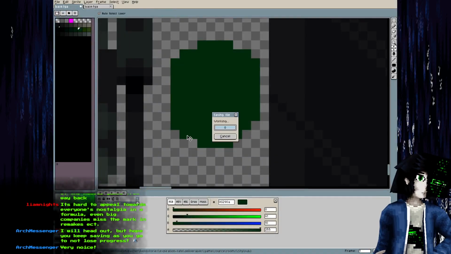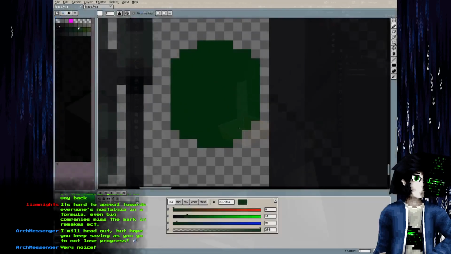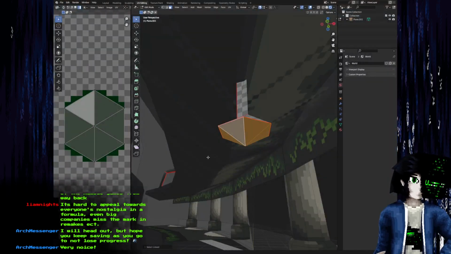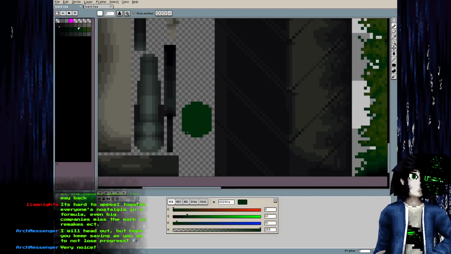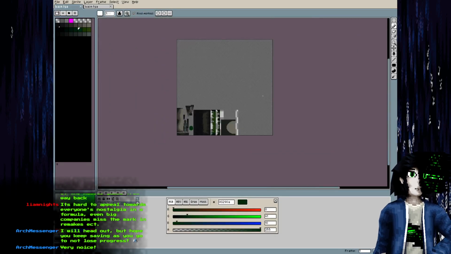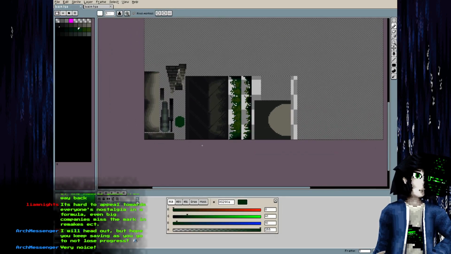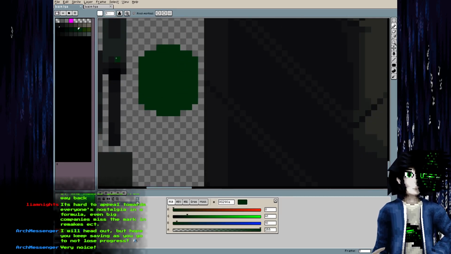I've got to say, modern tools are so good. All this stuff would have taken me days to do on contemporary 3D art tools. And the fact that I can just make a massive texture and not even think about it and do my layout later on is just so good. Okay, so